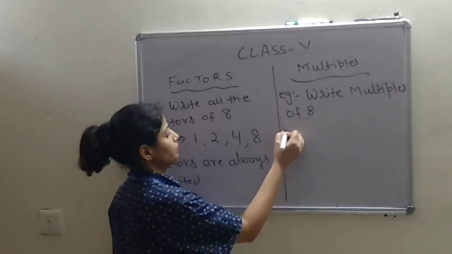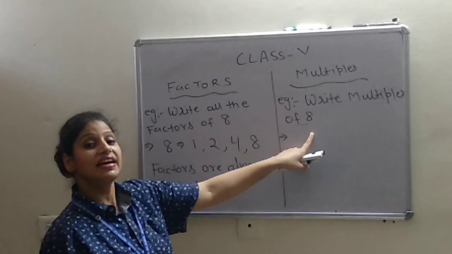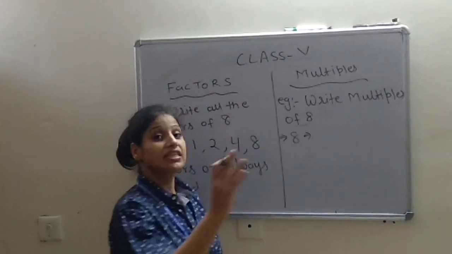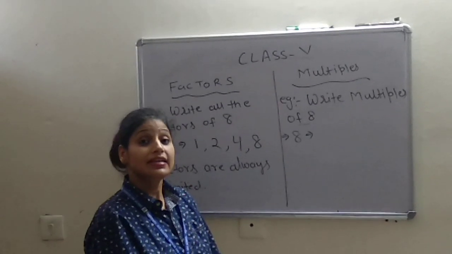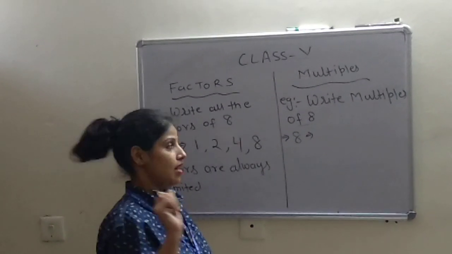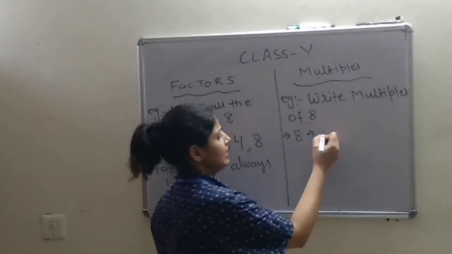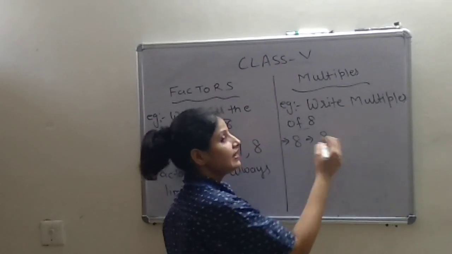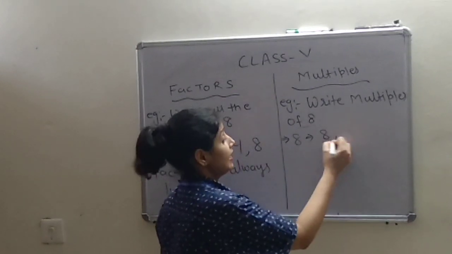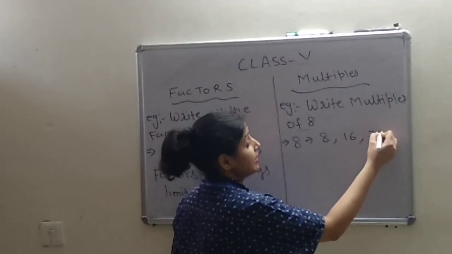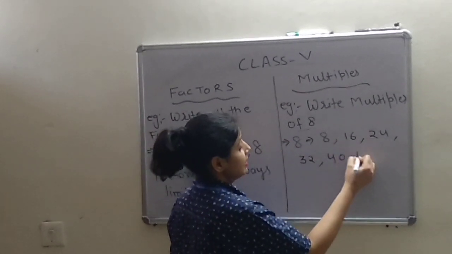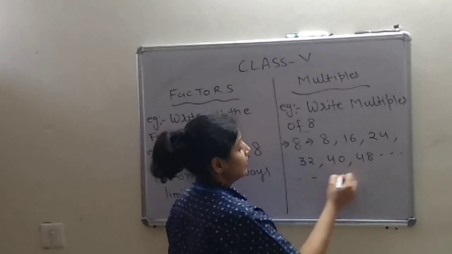Now, let's find multiples of 8. So the number is 8. Then what is a multiple? It is the product of two numbers. So let's write it. 8 1s are 8. That means I am going to write the table of 8. 8 1s are 8, 8 2s are 16, then 24, then 32, then 40, then 48, and